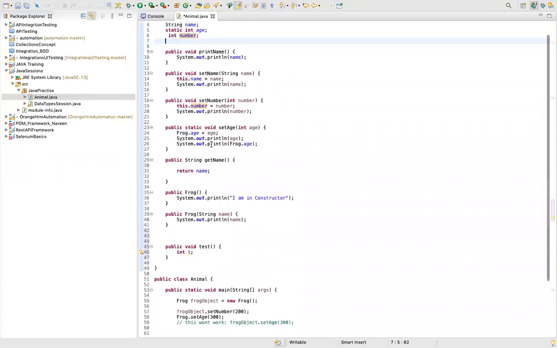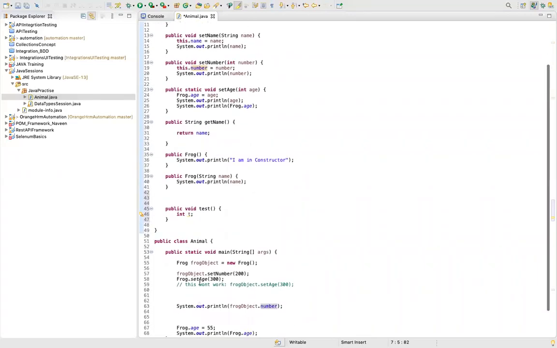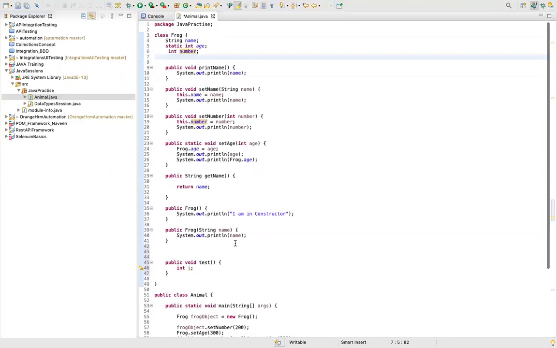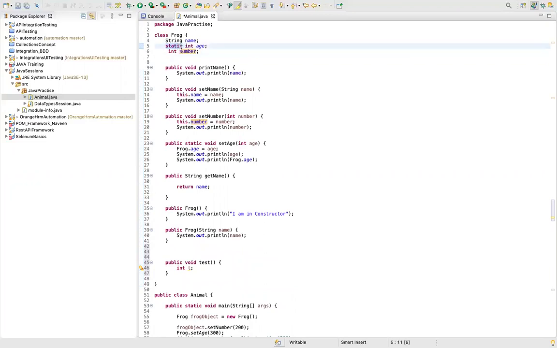Why? Because they can be accessed using your objects, your instances, and the value differs using instances. As we saw, frog object 1 dot number prints you something, and frog object 2 dot number prints you something else. And the third one is a variable in which static is defined. This is called a class variable. A class variable will have only one value. It is not dependent on the object.